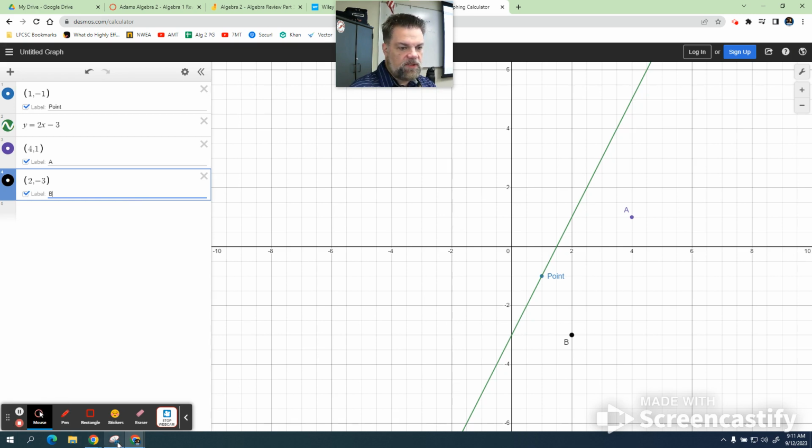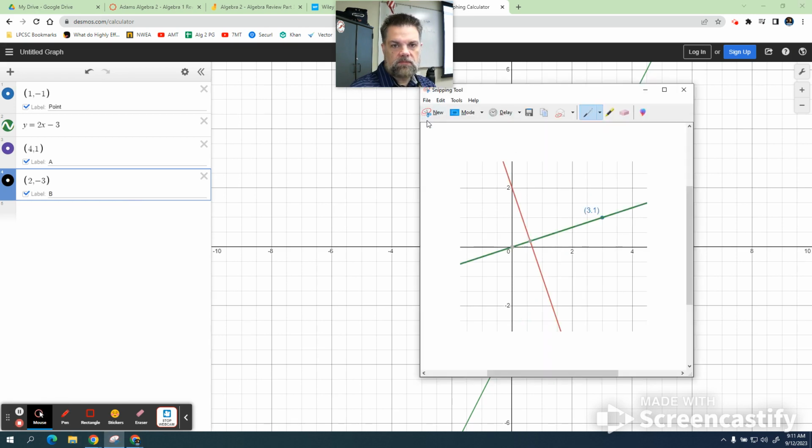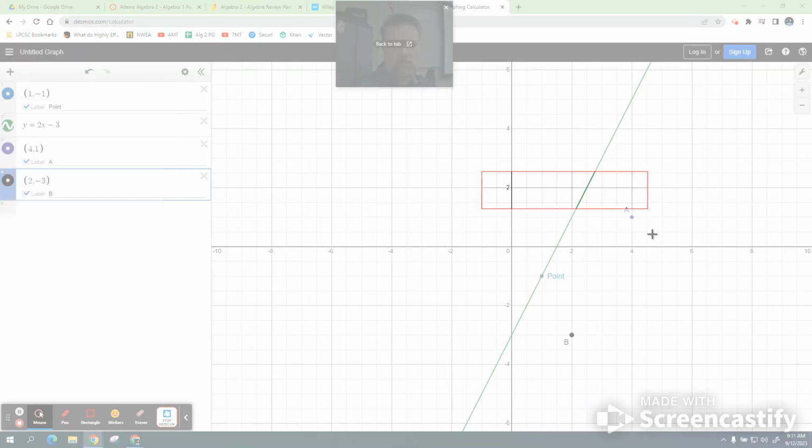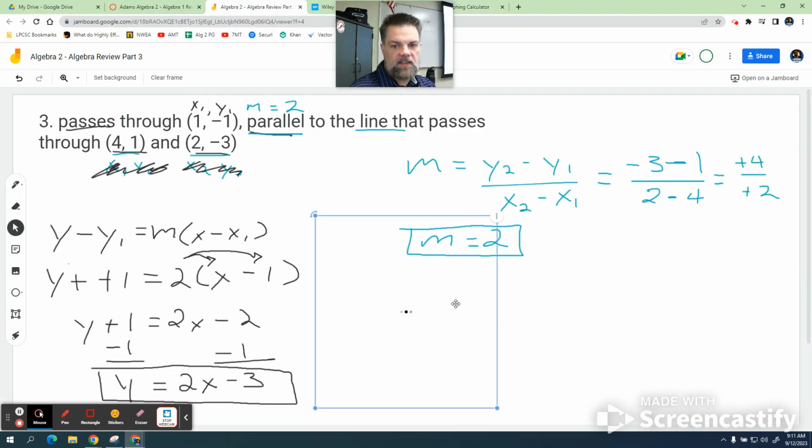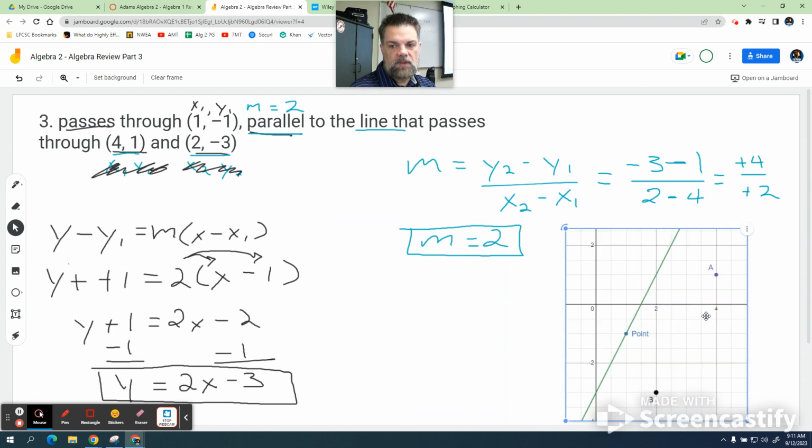So let me take a screenshot of that. And we'll just kind of tack that in here, right? And so if I were to draw a line between those 2 points, you can see it's parallel to this line, and then it does cross through the point 1 comma negative 1. Okay? That's how